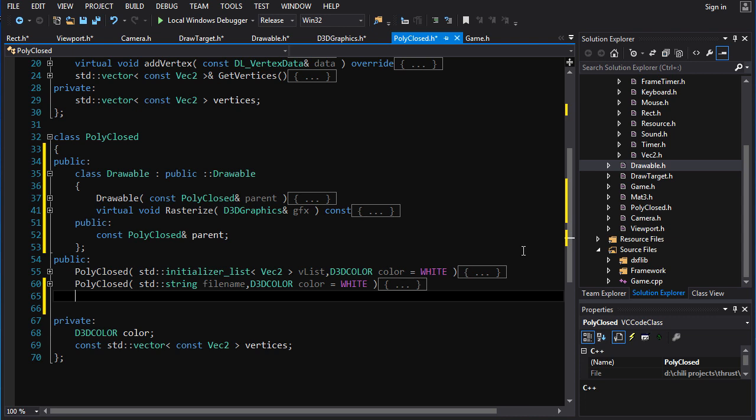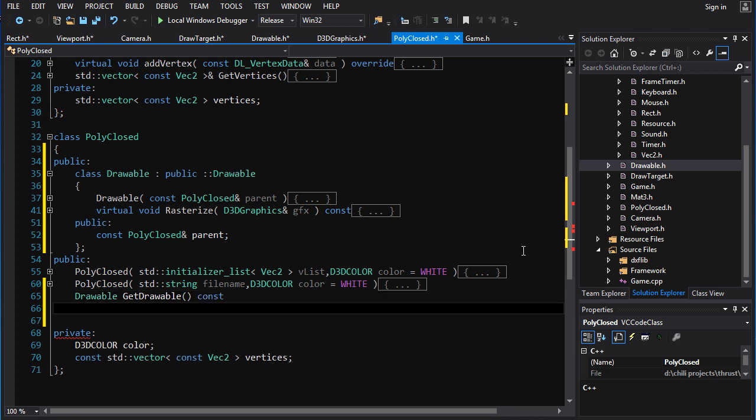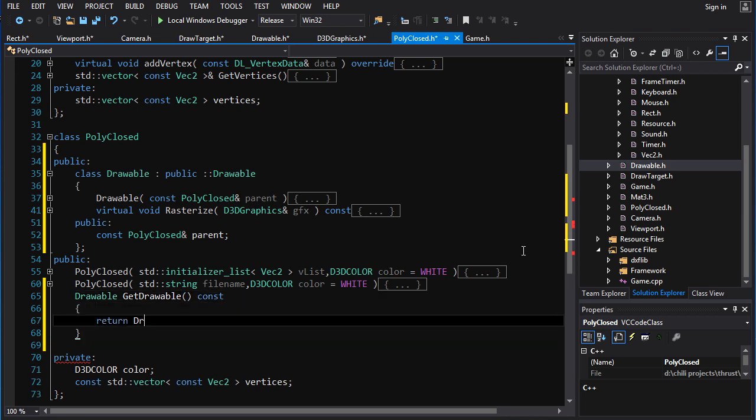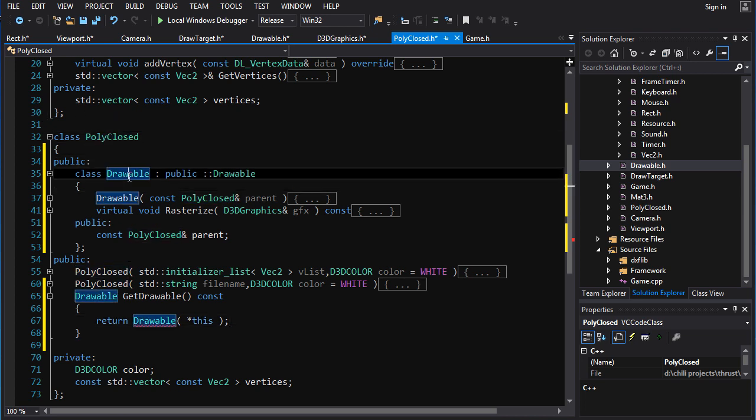So we go drawable. We go drawable, get drawable, const. Return drawable this. Now remember, because we're inside the scope of this class, it's going to be this drawable, not